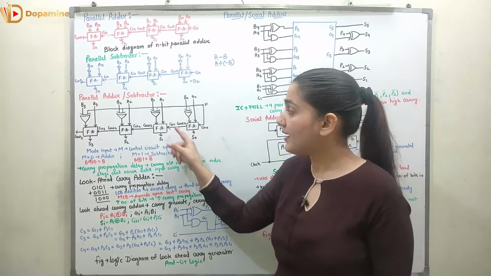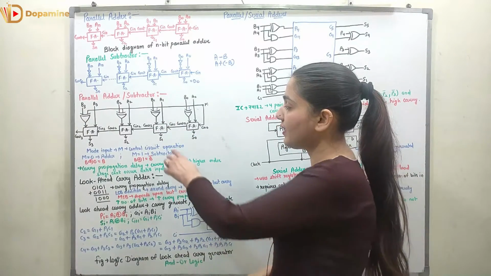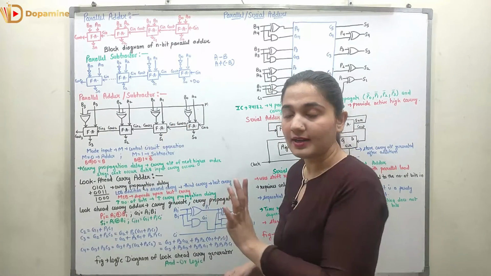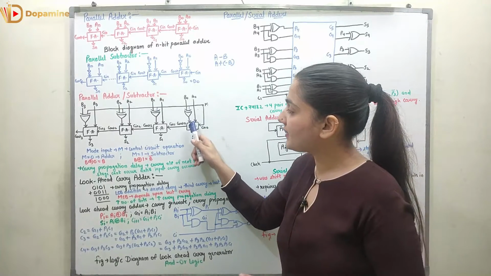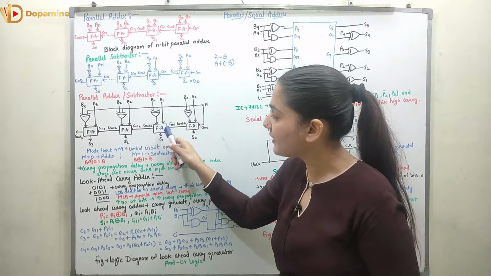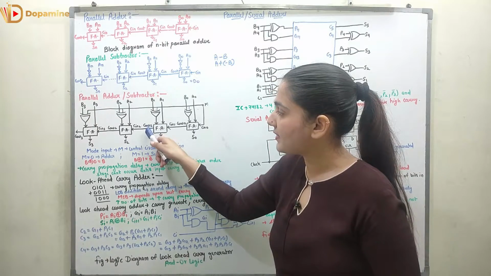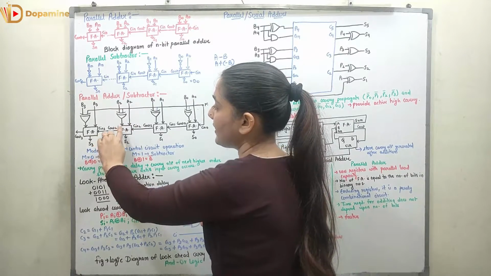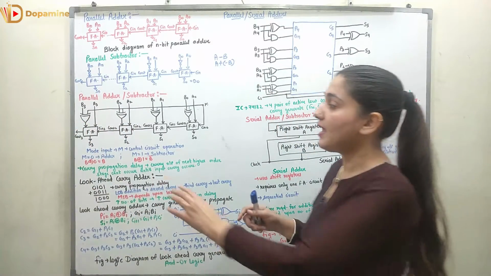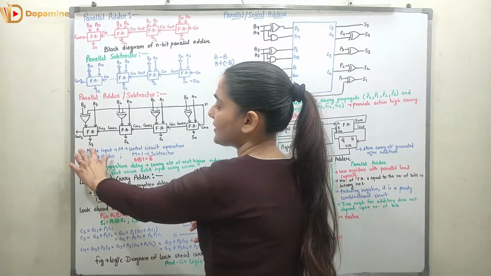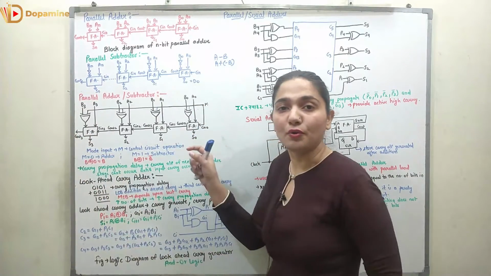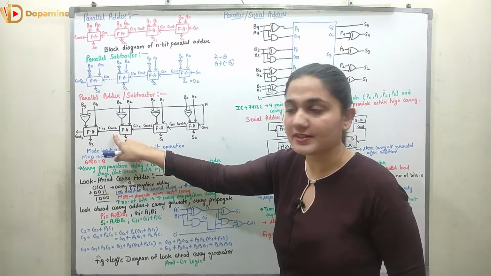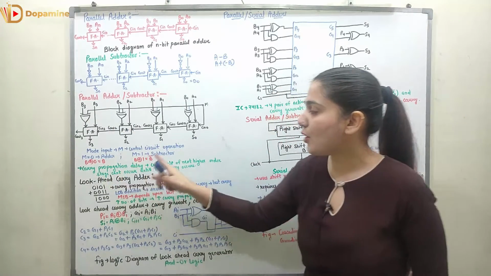So you can see here this adder will not be able to give the output S1 until it is having the carry C out 0 generated. When the first adder is generating the carry, this carry propagates to this adder, and thus this adder will generate the sum and the carry, and when this carry is generated, it is propagating to the next adder which is generating sum and carry. Again same procedure. So what is happening? Can this adder be generating the output S3 until this carry is generated? No. So this adder has to wait until this carry has been generated. So thus I can say there is a carry propagation delay.